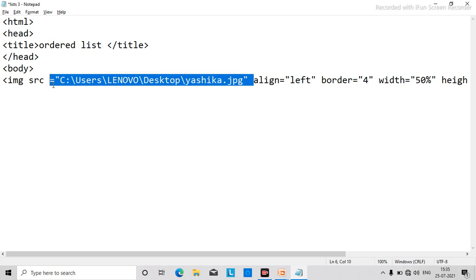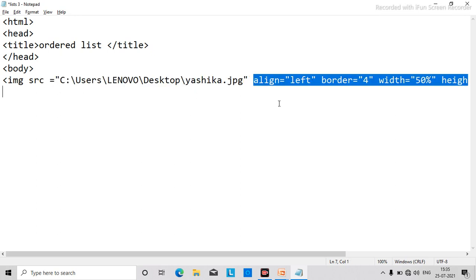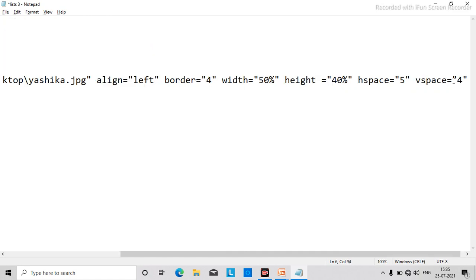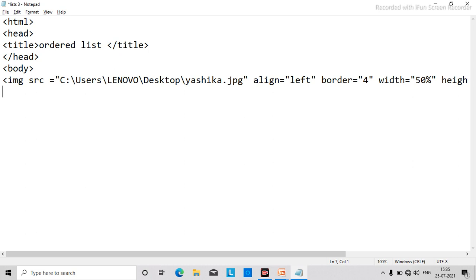See, double quotes, the path, align left, border 4, width, everything you can see here I have written within double quotes. Okay, you can see. So everything is correct. And this is also closed. Now we will close body. We will close HTML. Understood?